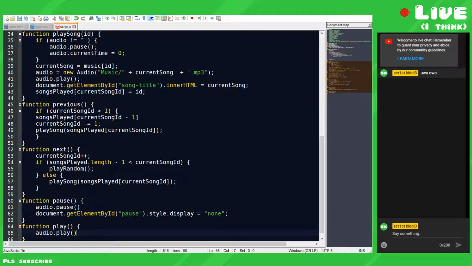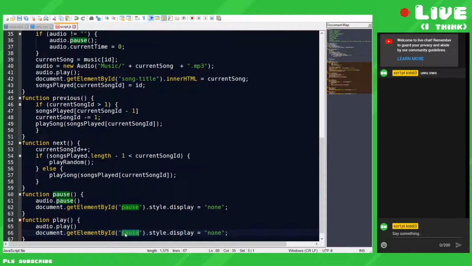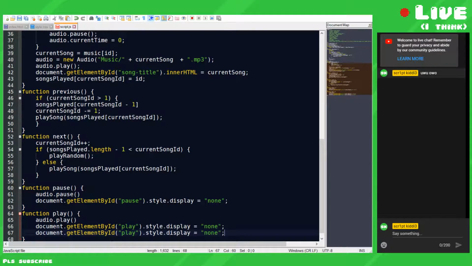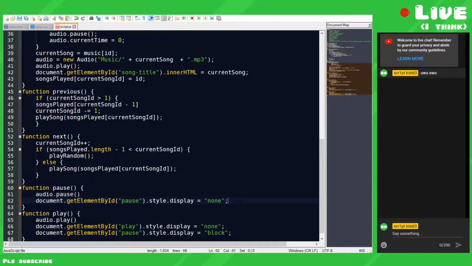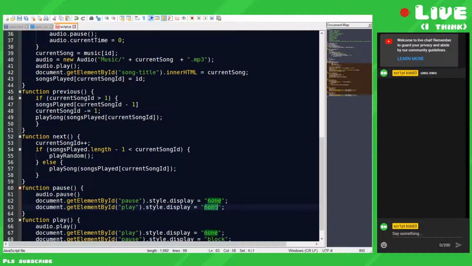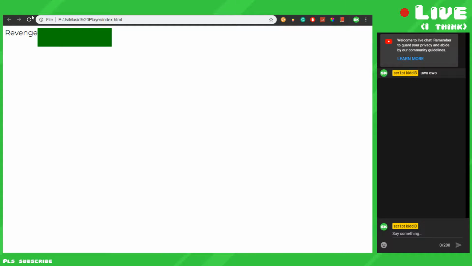And then after we play, we want play to disappear. And then we want to show pause, so display is going to be block for pause. And then for play, display is going to be block with pause. So now,